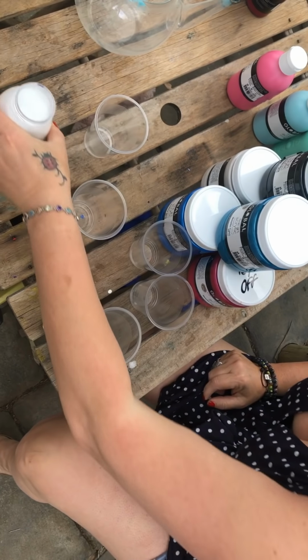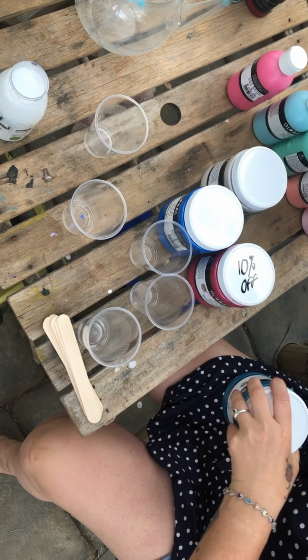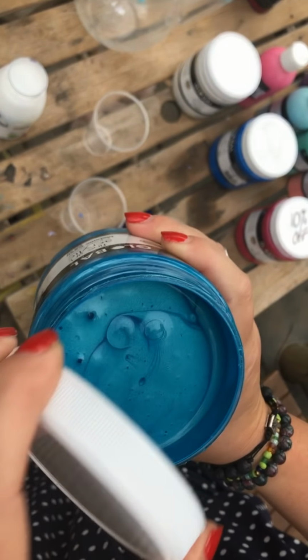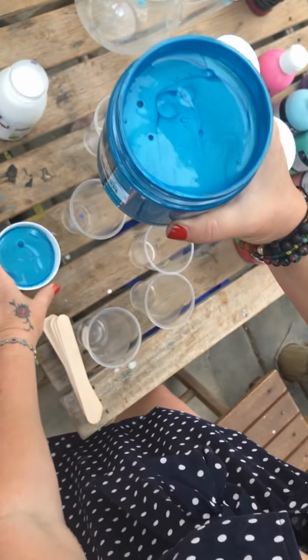Well, this is kind of a bit of an indulgence today. I'm going to be doing a peacock pour soon, but I wanted to give you a bit of a look at these Global paints that I got yesterday, to encourage you to get some if it's in your budget this fortnight. This one's metallic cyan, and I will do the